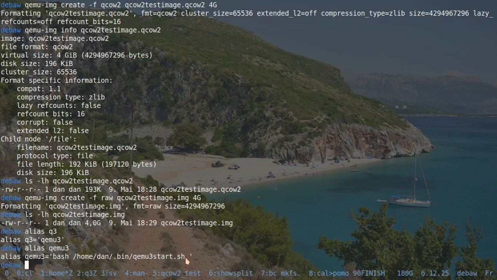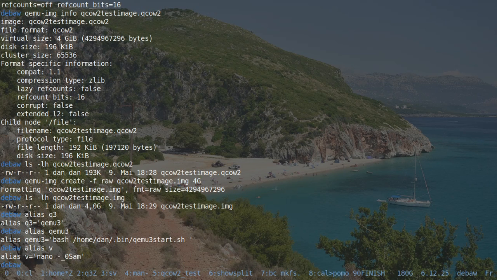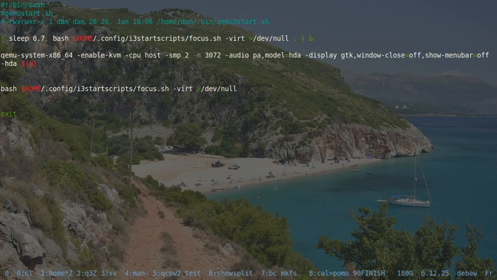Do I get this here? V is alias for nano, for example. So I'm very fast with this. .bin qemu-3 stored. So I show you this is just the script for starting